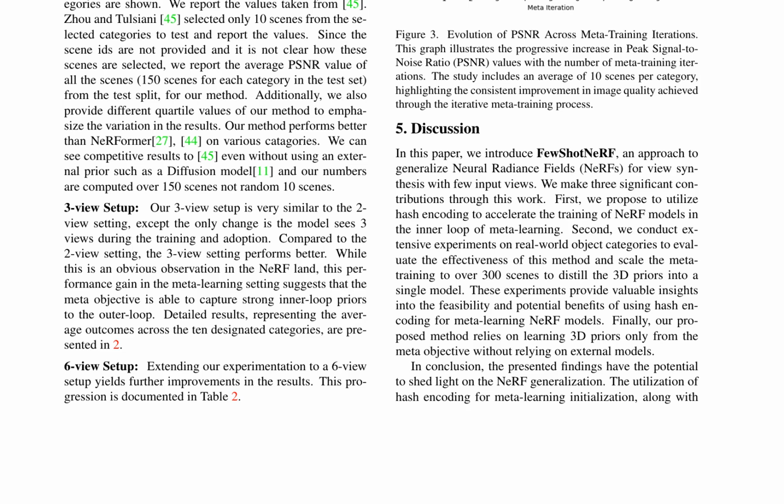Moreover, the study examines how image quality improves over several iterations of metatraining. The results display a clear and consistent trend, with an increase in PSNR values with more metatraining iterations, indicating a continual improvement in image quality. This underscores the reliability of the findings and the effectiveness of iterative metatraining in enhancing image quality.